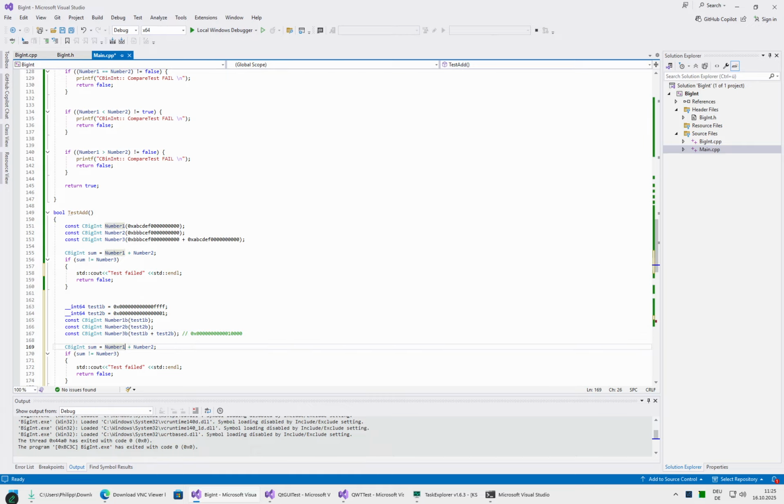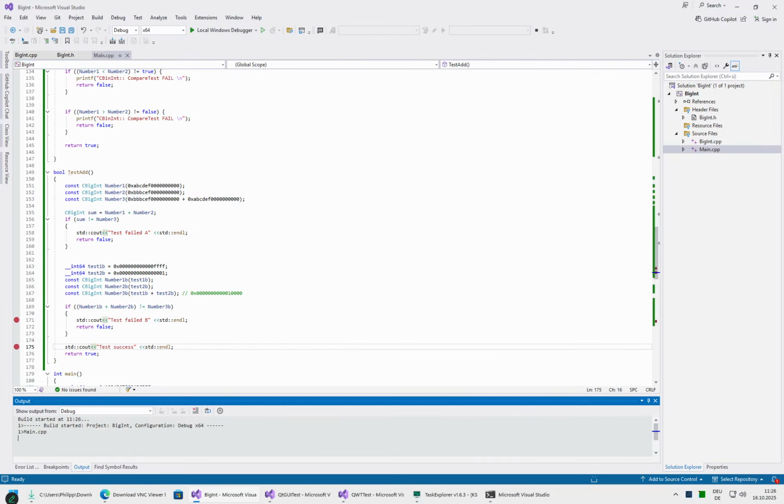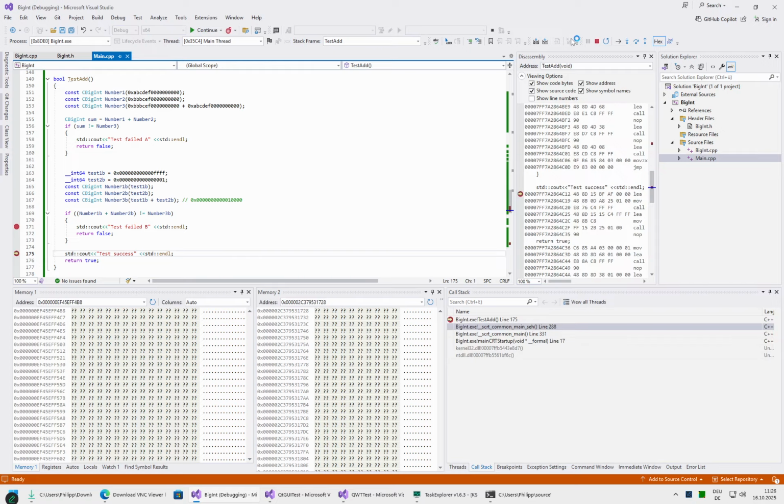So sum b, well, we can override the old one. We'll just say sum b. Or actually, we could also do it in a one-liner like this. Yeah, this is better. So test A failed, test failed A, test failed B. Let's see if this will be correct. Okay, the carryover worked. But since we don't have the sum,